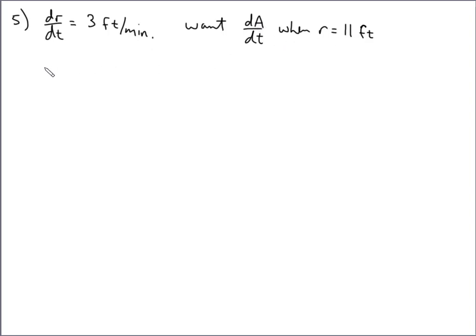11 feet. So basically, the point that the stone hits the water, you've got ripples sort of going outward from the point of impact. We're looking at one of these. It has a particular radius, and then there's an area associated as well. And you can see that as the radius increases at this rate, the area is going to increase at